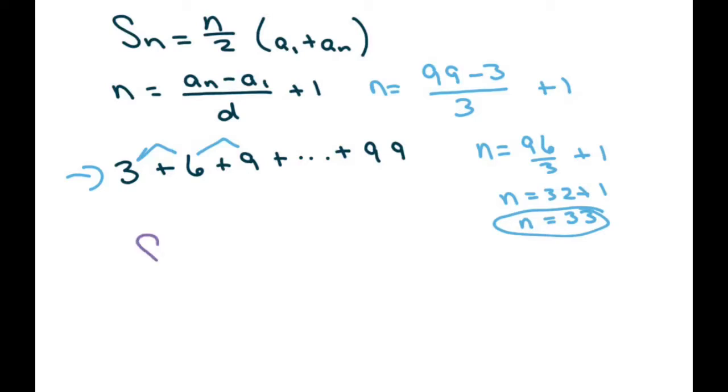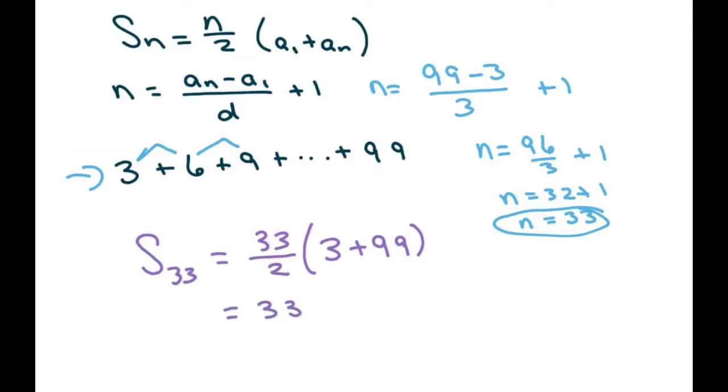Then you merely use your sum formula. So we have 33 over 2 times 3 plus 99, which equals 33 over 2 times 102. 2 goes into that 51 times. Then you multiply that out, and you should get